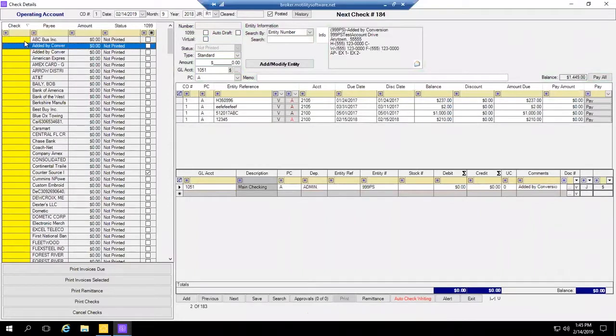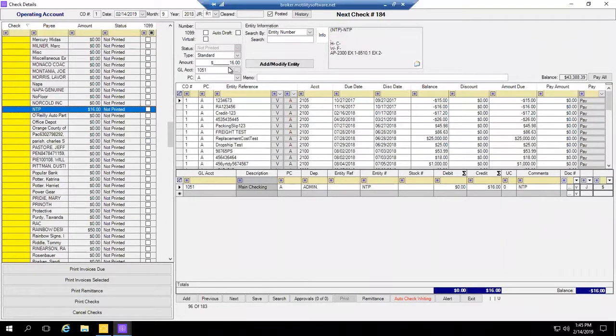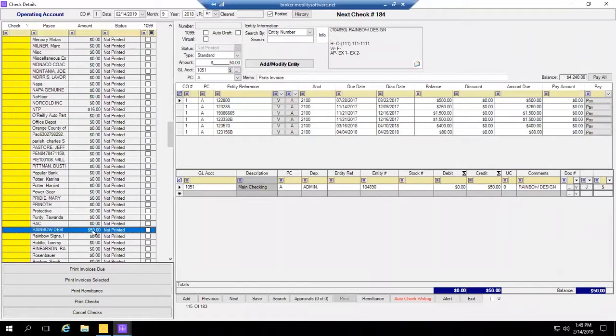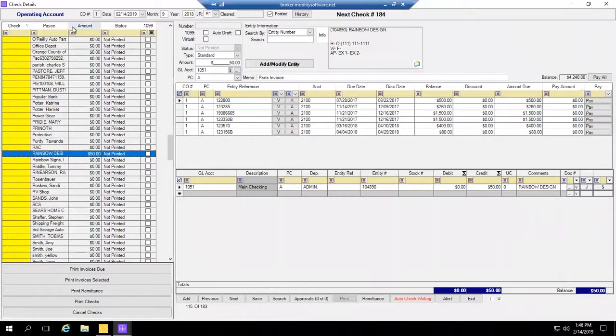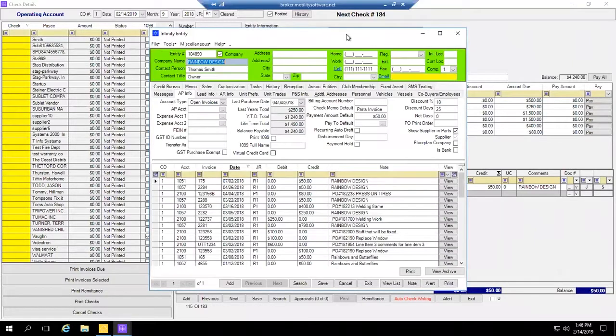So in a check here, some of the amounts that you may be seeing in here, while it's still a not printed check, you can see a lot of these are zero, but NTP actually has an amount here of $16 outstanding or $50 outstanding. The reason you'll see these amounts sitting here automatically is actually coming from the entity itself. If I go to add modify entity here on this entity record, and I check my accounts payable,